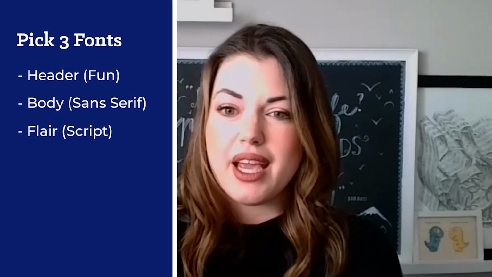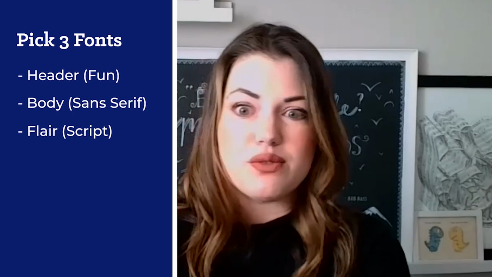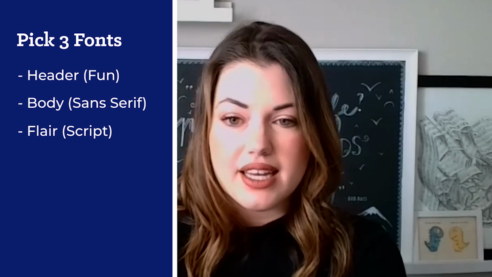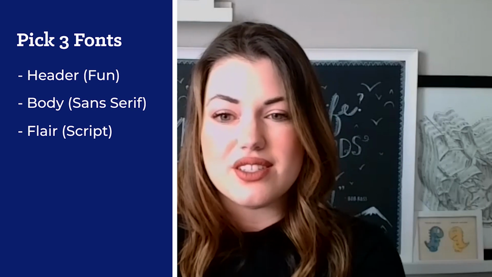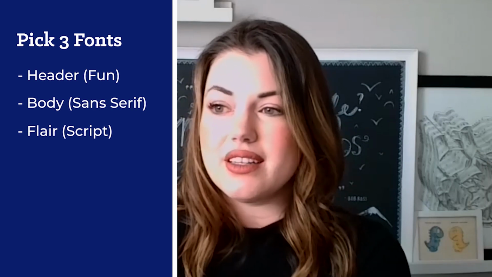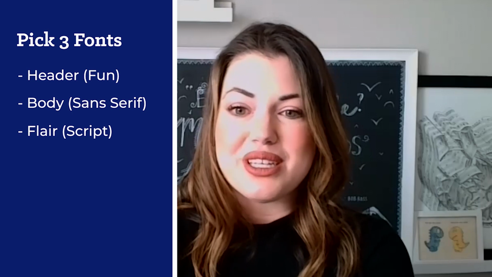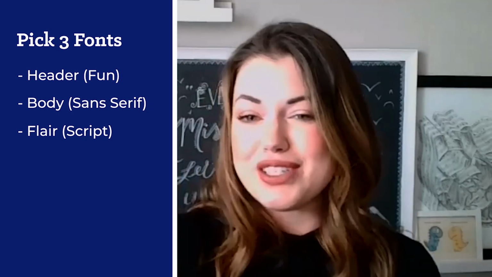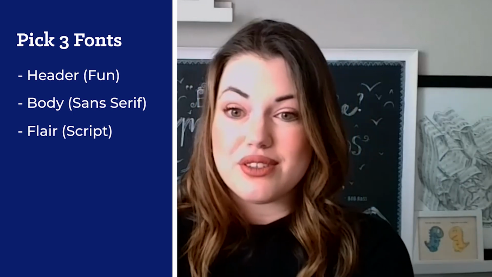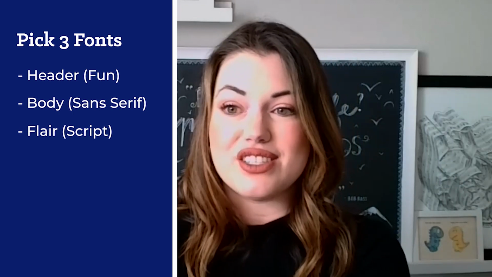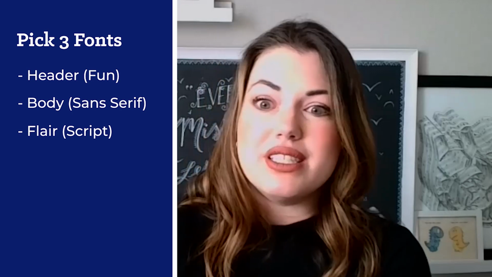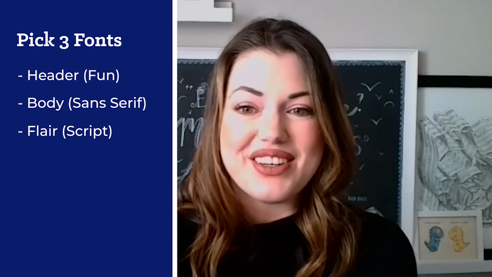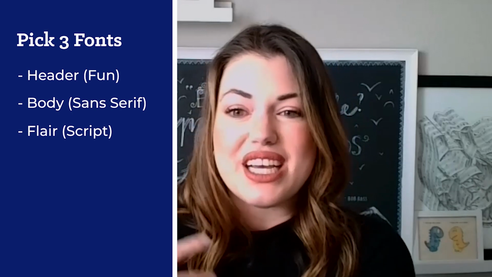Pick three fonts. First, your header font, which is going to be that big attention-getter piece. Body font, that's where you should always keep it simple. Sans serif, it's where your content lives, so you don't want to take a chance that students don't recognize letter forms or get tired reading. And then the third one is the flare font, the one I was talking about, that cursive, fun, joyful one. There's absolutely nothing wrong in using that, as long as it's used for the oh-by-the-way type of information, or something like check it out, just that fun extra piece.